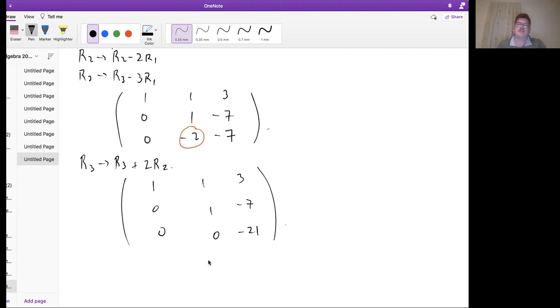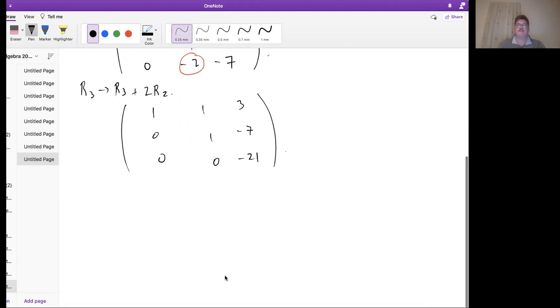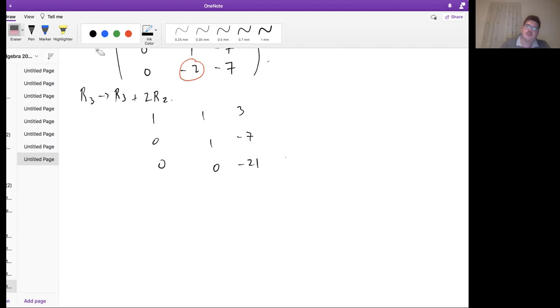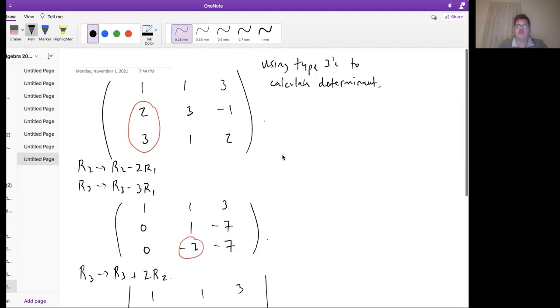Okay. Now let's find the determinant. You can do more, but for what we're going to do next, let's find the determinant of this. So we've only used type 3 operations, right? So